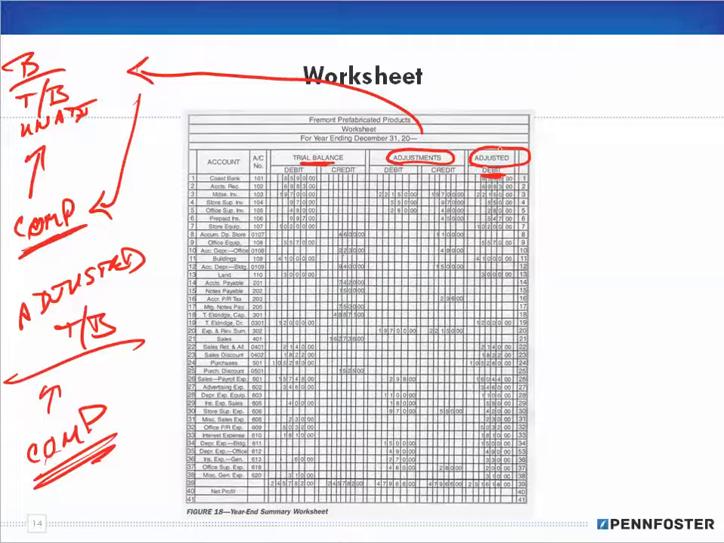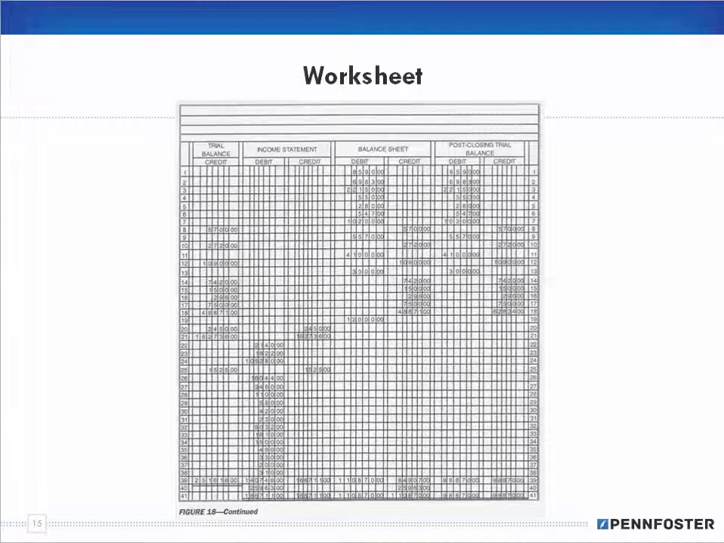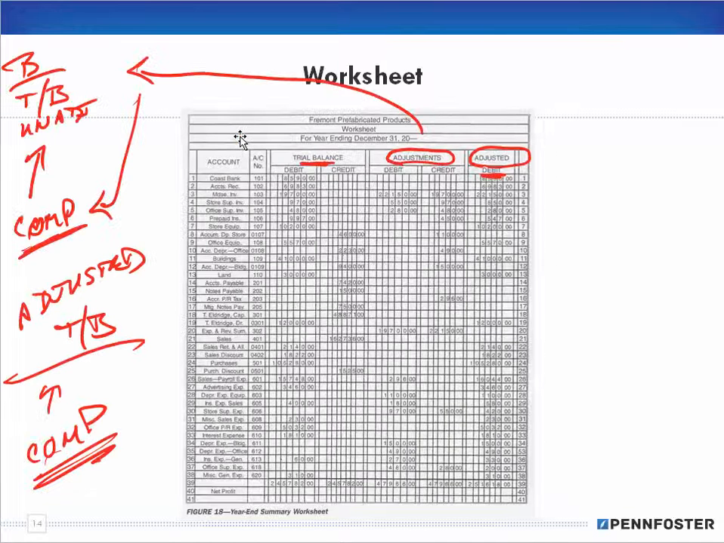Well, I'm going to change slides, and here's the other side of it. Adjusted trial balance, and here's the credit side. Imagine these are two pages together. Unfortunately, you wouldn't be able to read them if I put them all on the same slide, so just bear with me. What ends up happening is the accountant is using this worksheet, and he starts out with the unadjusted